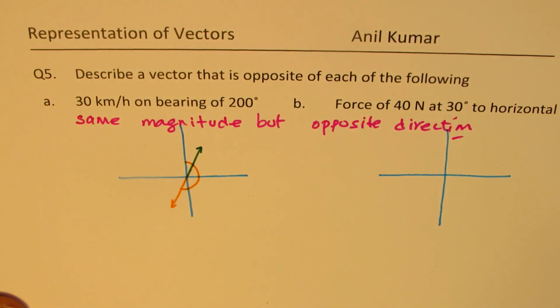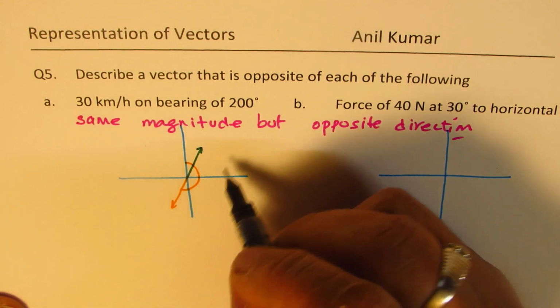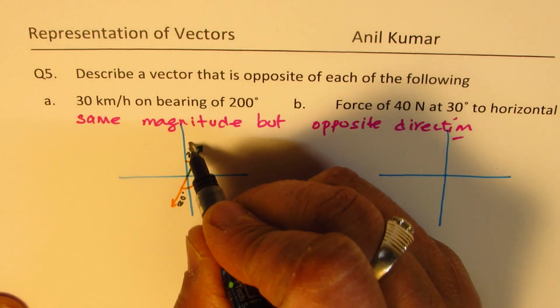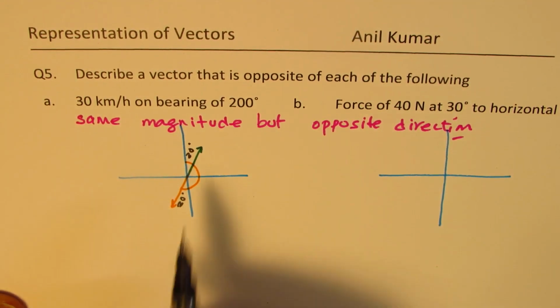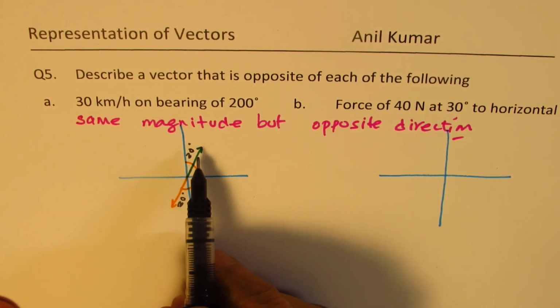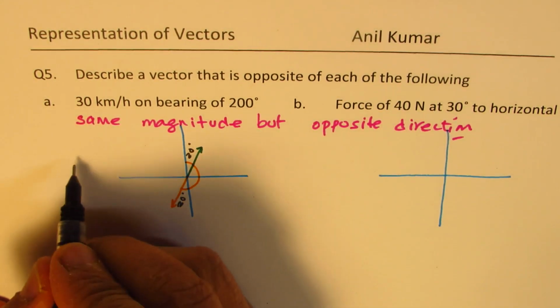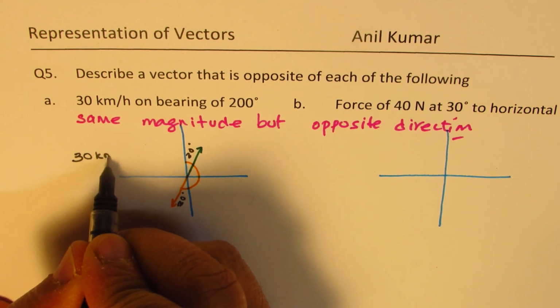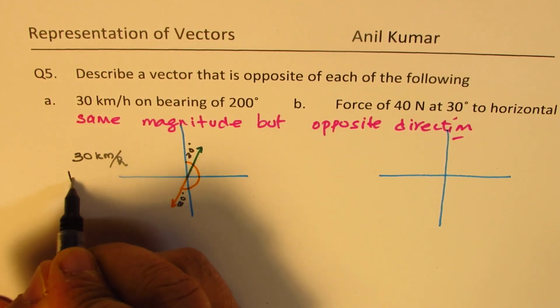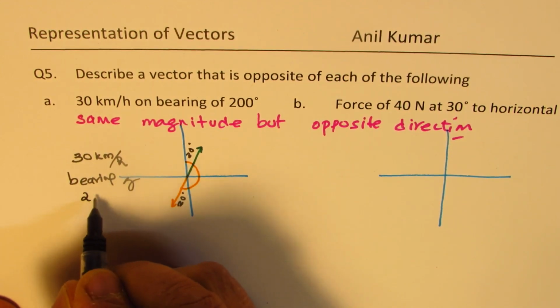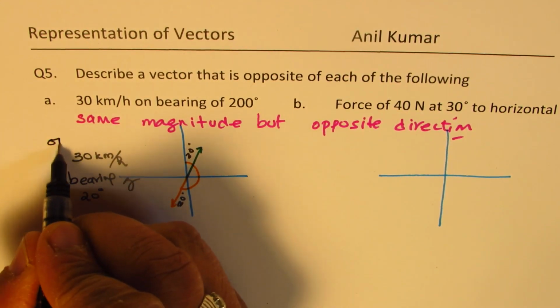But same magnitude. Now since this angle here is 20, right? This is 20, that has to be 20 degrees. So in this case, we write this as 30 kilometers per hour at a bearing of 20 degrees. So that is the opposite